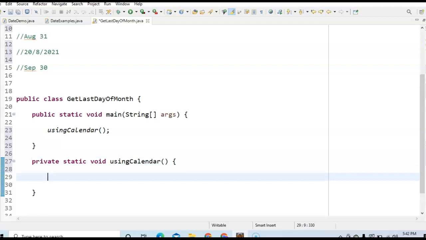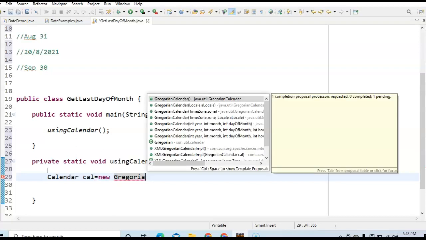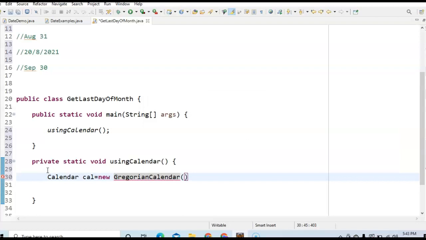Here, first we need to create an instance of Gregorian calendar. So Calendar cal equals new GregorianCalendar, and to this Gregorian calendar we need to pass the year, month and date.